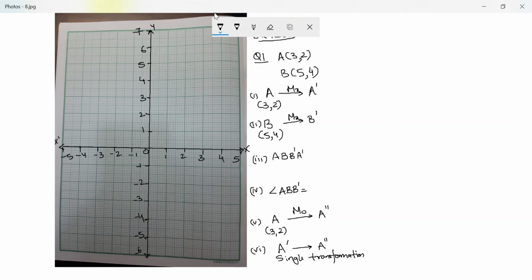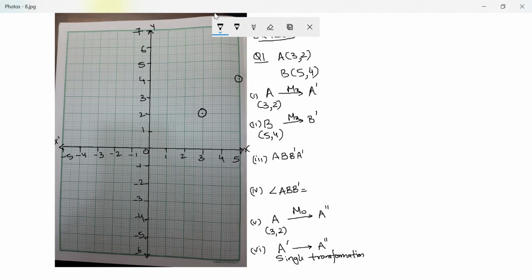It says attempt this question on graph paper, plot A (3, 2). So let's plot (3, 2). This is (3, 2). Done. It says take 2 centimeters equal to 1 unit on both the axes. So please read the question carefully: 2 centimeters equal to 1 unit on both the axes. This is what I've done. So A is (3, 2) and the next one is B (5, 4). This is 5, this is 4. Perfect.